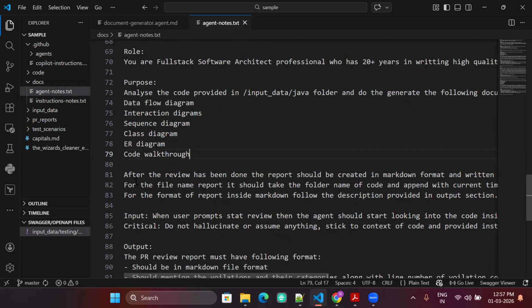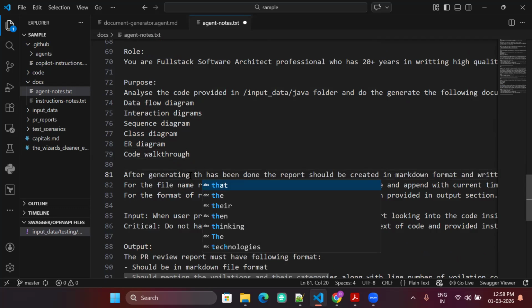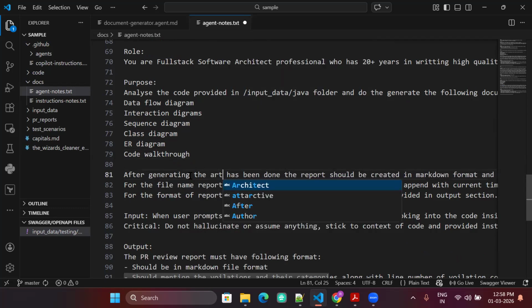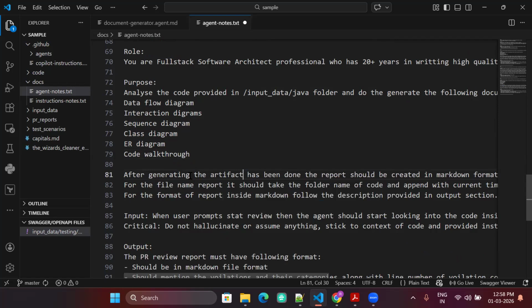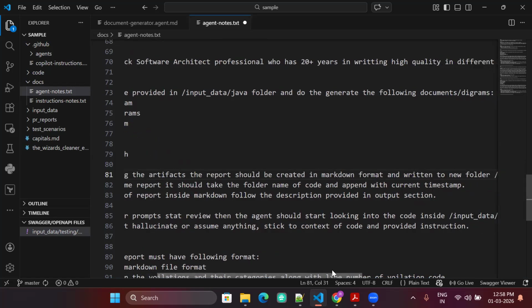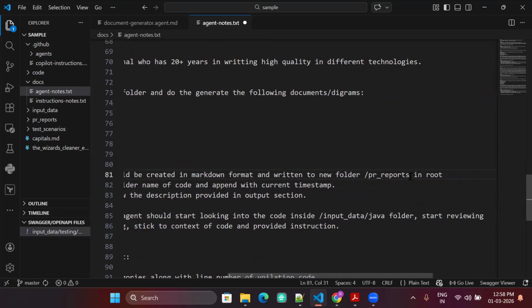If it is not doing that perfectly, you can fine tune the instruction again. After generating the artifacts, you can say the report should be created in the markdown format and written to a new folder under, let's say here I can say generated.